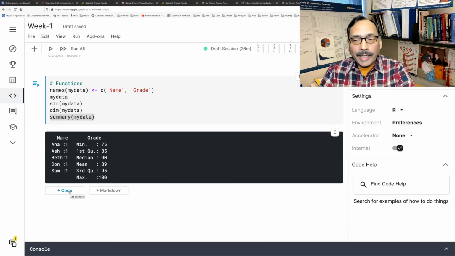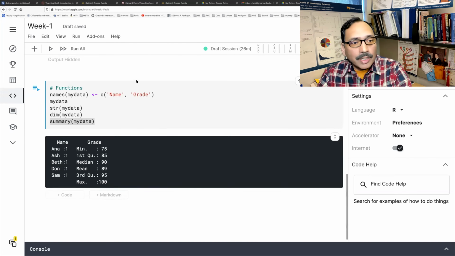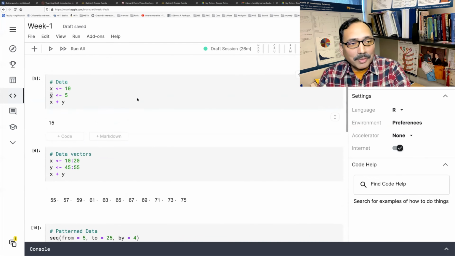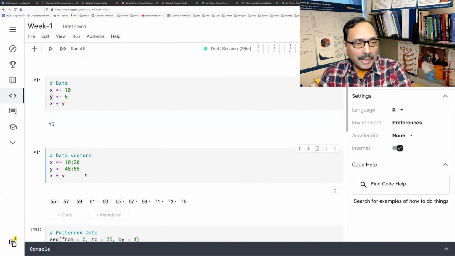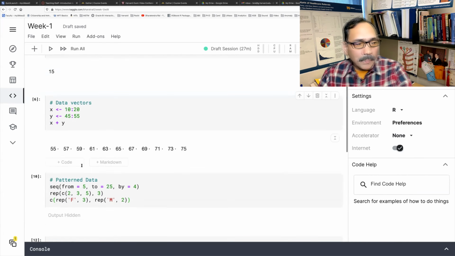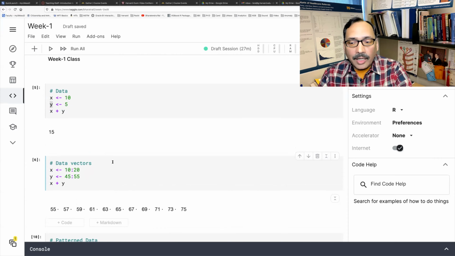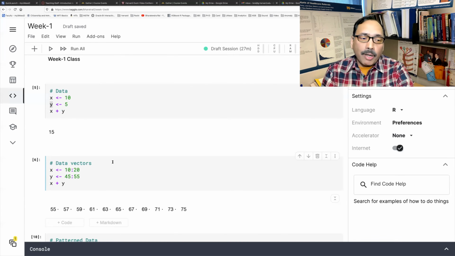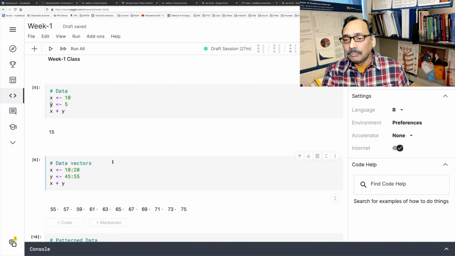I'm going to add, so if anybody got stuck in the previous blocks anywhere, or you committed a small error, because initially in R, one major problem is that it has a very steep learning curve. And sometimes it may look a bit difficult, but what I would like to do is take you to a comfort level with minimum distractions.